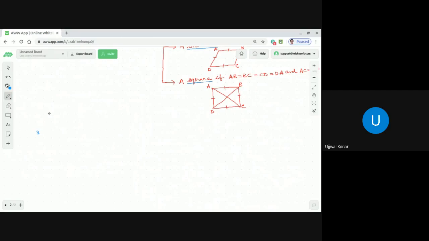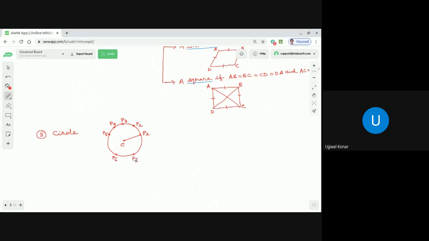Sorry, let me use the same red color. So in the case of a circle, what happens, dear student? Suppose this is a circle, and suppose the center of the circle is C, and you take any point on the circumference of the circle. Suppose this is the point P1, this is P2, this is P3, this is P4, this is P5, this is P6, and this